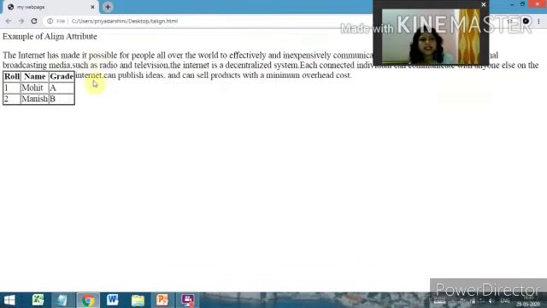Now see, with respect to the text, the table is aligned to the left side. Okay, means with respect to the text, see the table aligned to the left side.